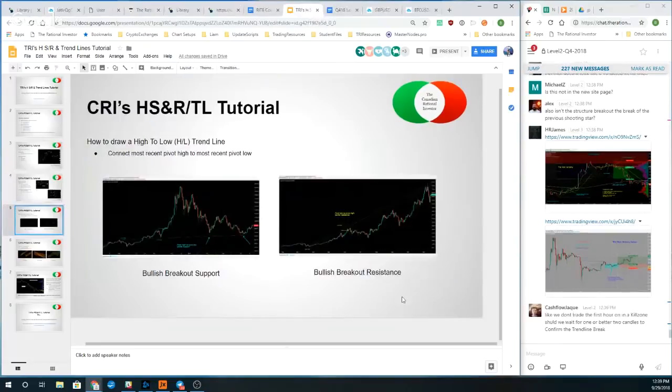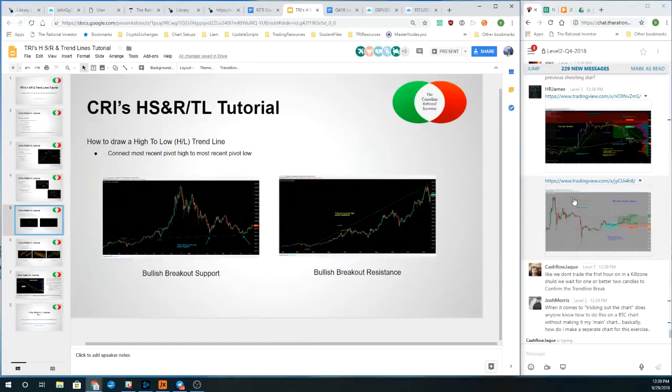Okay, next on the topic, and this is actually what I added today because this is kind of a fun application of trend lines, and that is we can use